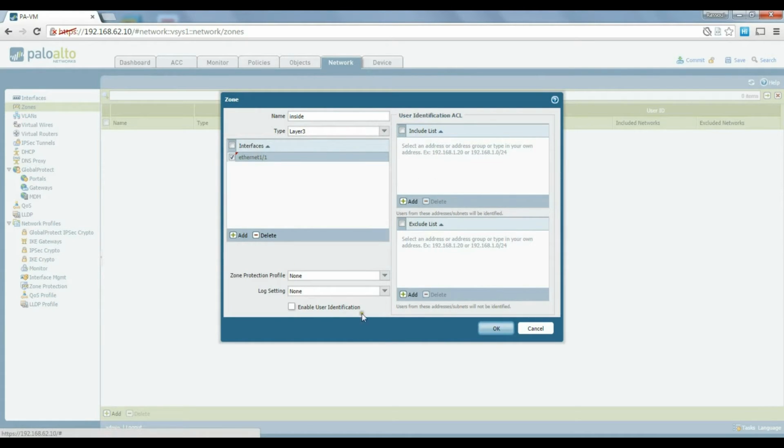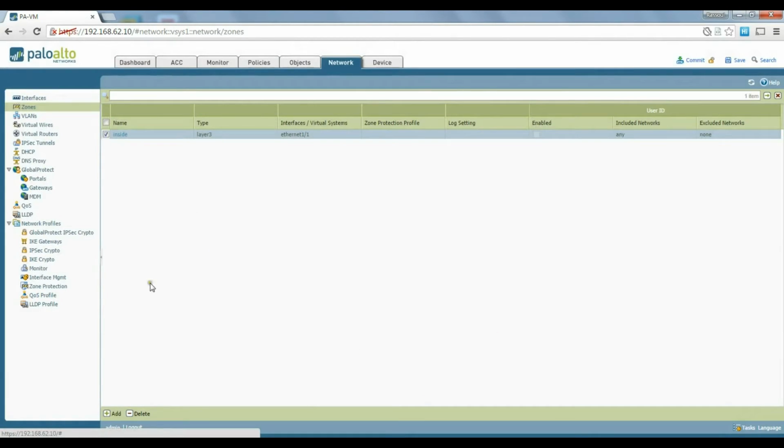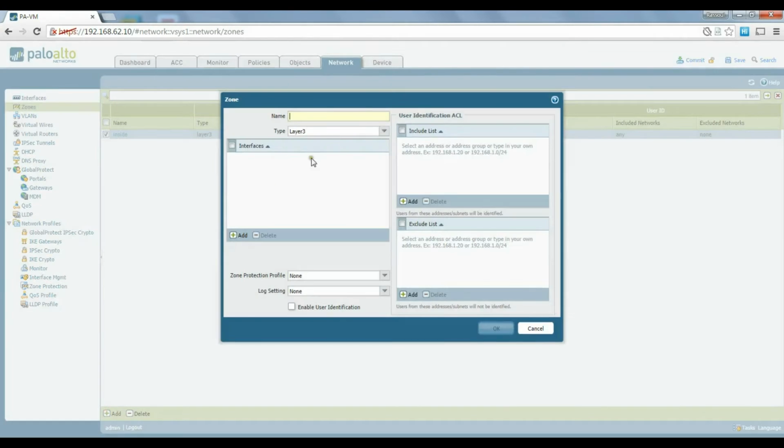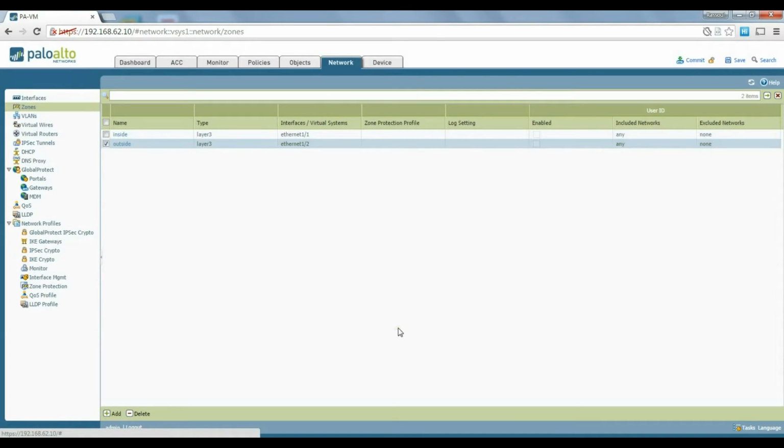Don't worry about the inclusion, exclusion list and all this stuff. We'll talk about it later. Just let's do that. And we define outside zone and choose interface 1/2. Click on OK. So we've got our IP addresses, we've got our zones, and the next step, which is basically an important step as well,